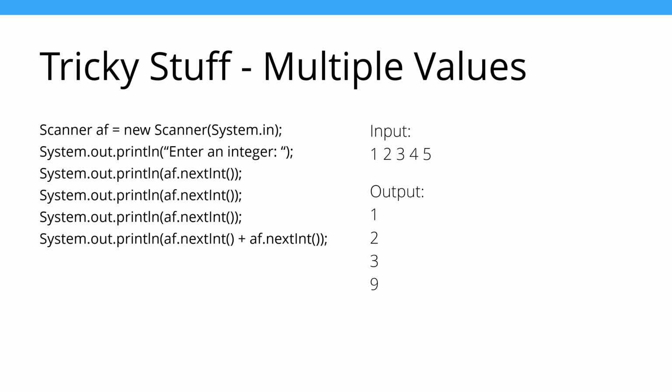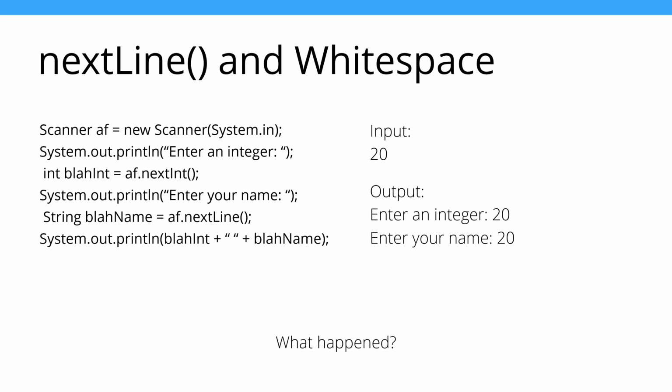Now, finally, the thing that most people have trouble with is this next line command and white space. So let's go ahead and talk about that. In here, I prompt the user to enter an integer, and then I grab that integer. I then prompt the user to enter a name and try to grab that line of the string that they enter,